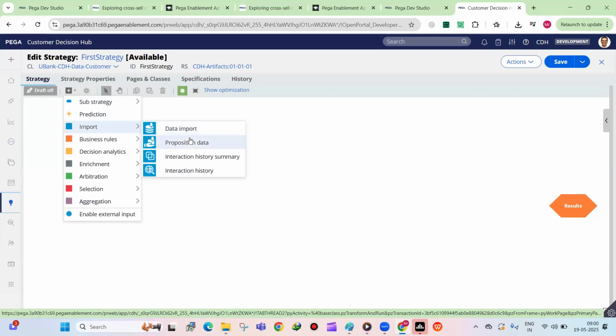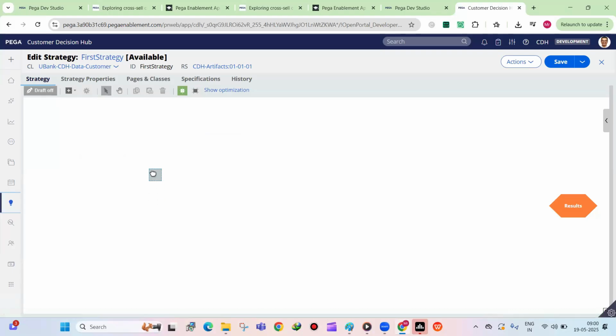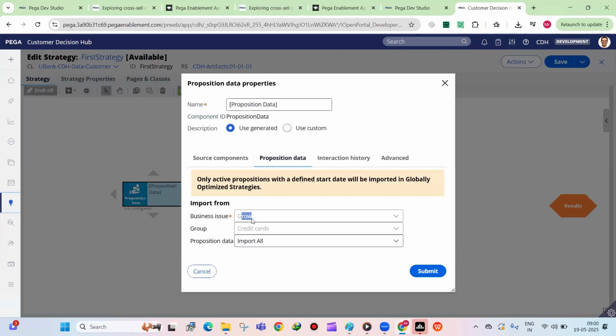If you go to the import, I have an option called proposition data, so that is how you will import the proposition data. If you double click on this, this is nothing but simply importing the offers, importing the propositions. You can see the business issue and the business group is disabled. I cannot select some other business issue. I cannot select some other business group. It is disabled for me because while creating the strategy itself, I have selected business issue as grow, business group